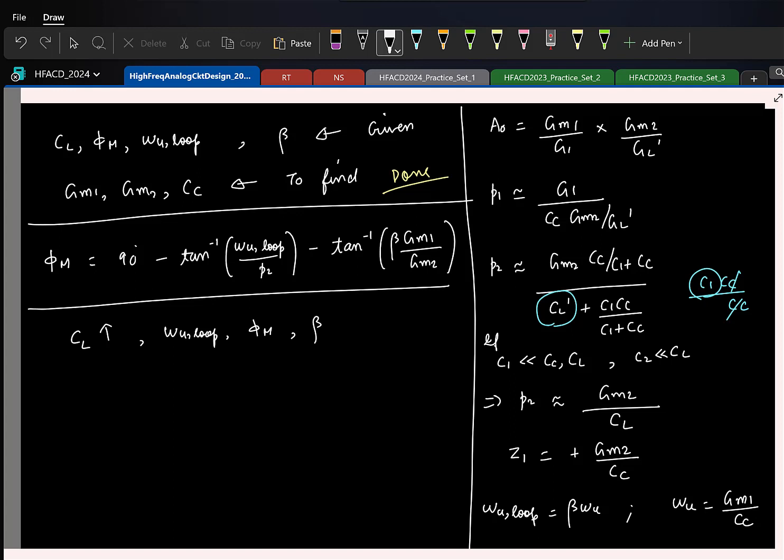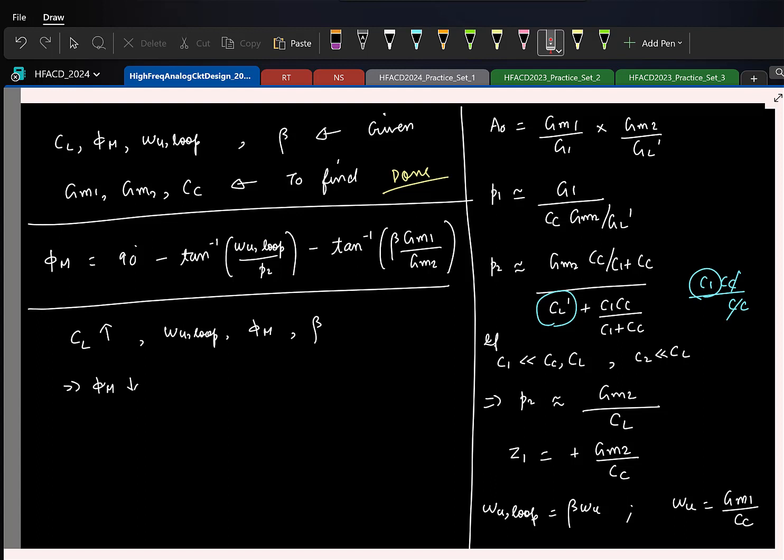So first thing you identify, if CL increases, what gets affected? P2 moves to a lower frequency or high frequency? P2 becomes lower. So what gets affected in the specifications? Phase margin. I am targeting only these three, right? If CL increases, the second pole moves to a low frequency, so phase margin will decrease. So to restore the phase margin, what should I do? The only leverage I have is that to get a particular phase margin, this ratio has to be fixed,